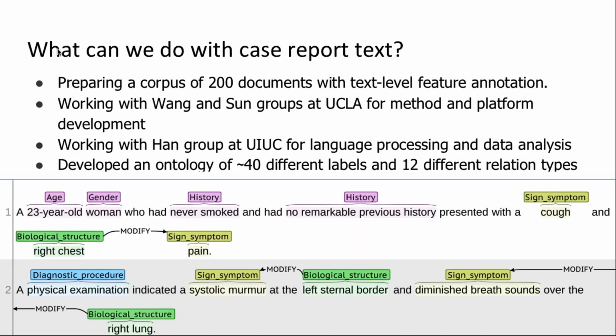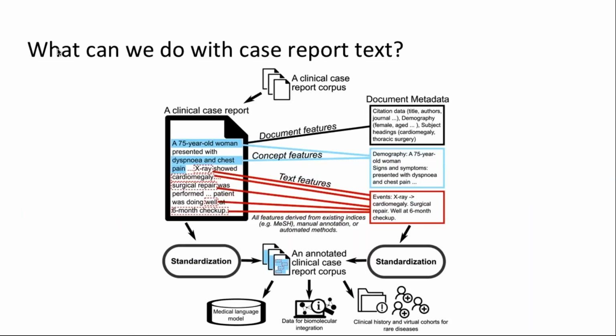We also have an ontology of about 40 different labels and 12 different relation types that we're using to keep these clinical cases and their individual text components more organized in a way that makes sense to us medically. But in the long run, what we're really interested in doing with all this data, once we get it past the standardization step, is to generate this annotated clinical case report corpus and then use that for 3 primary goals. One of which is to just get a general